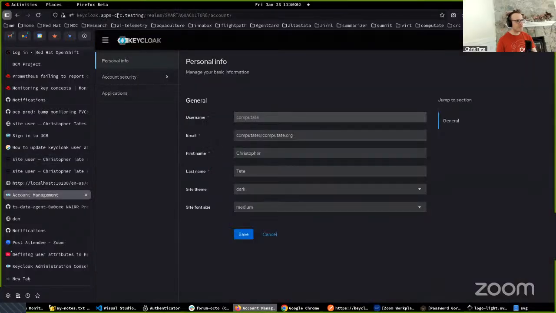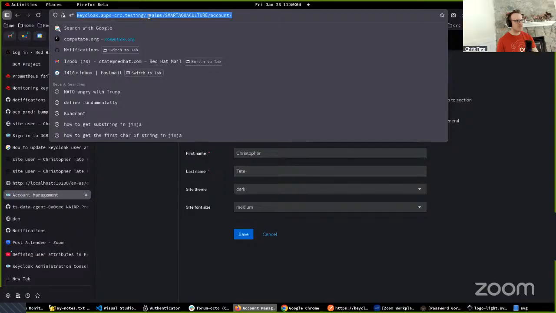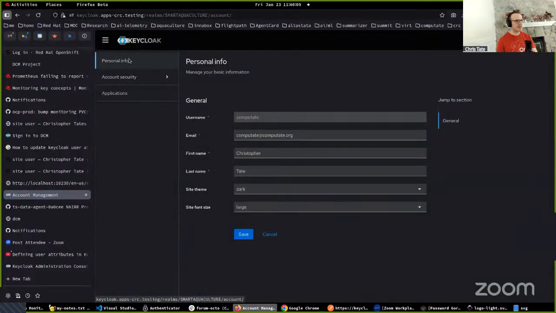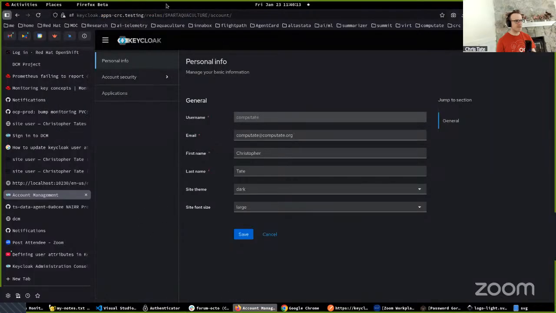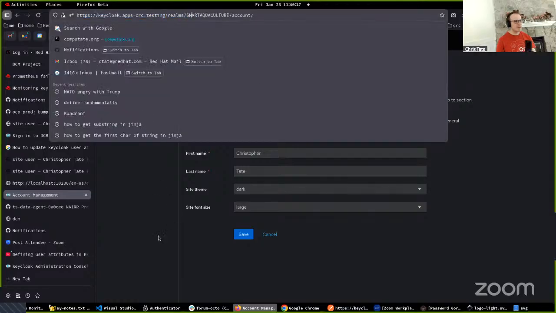If I go to Keycloak, realms, Smart Aquaculture, account, as my user, I want to make this a link in the actual application, but I haven't done that yet. But here are